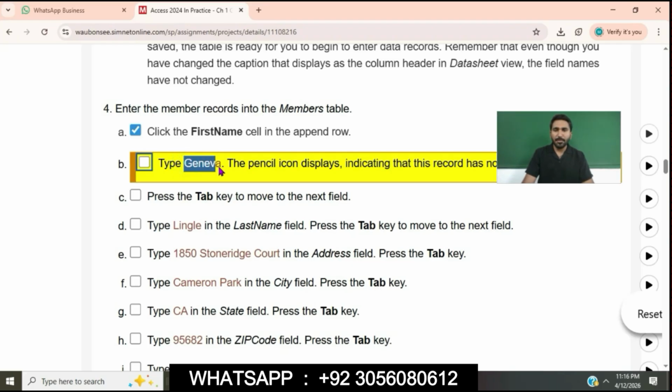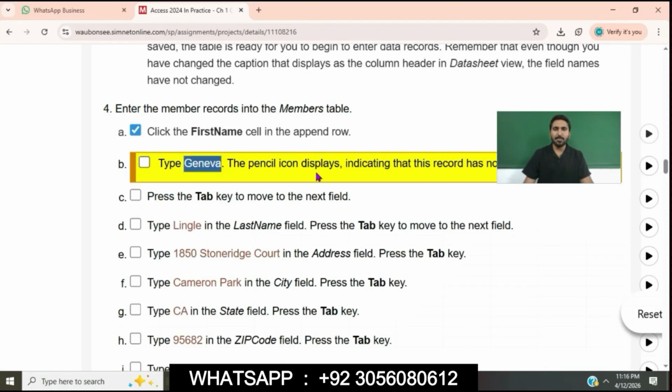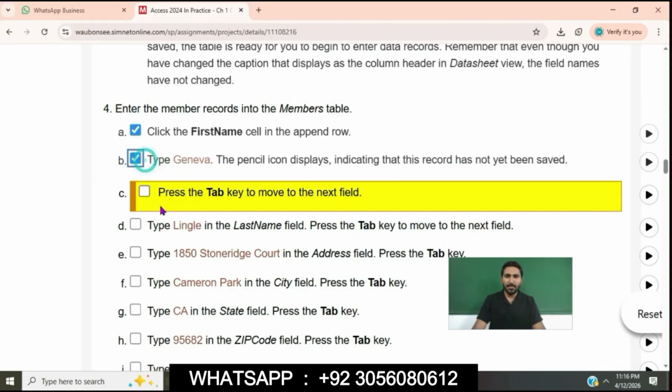Point B, type Canva. The pencil icon displays, indicating that this record has not been saved. I have clicked the first name cell in the append row, and I have typed Canva.